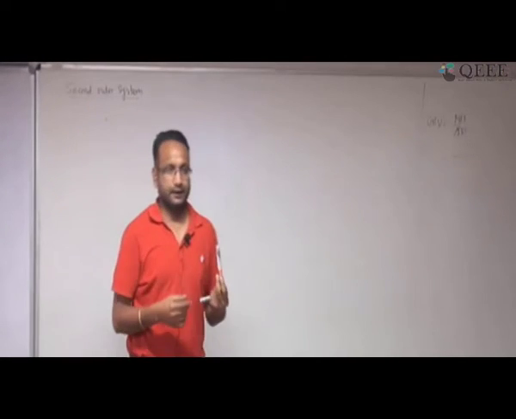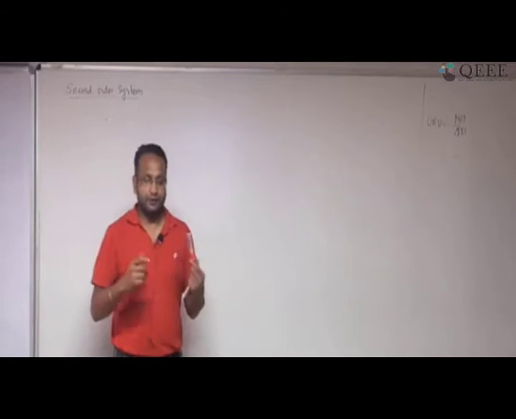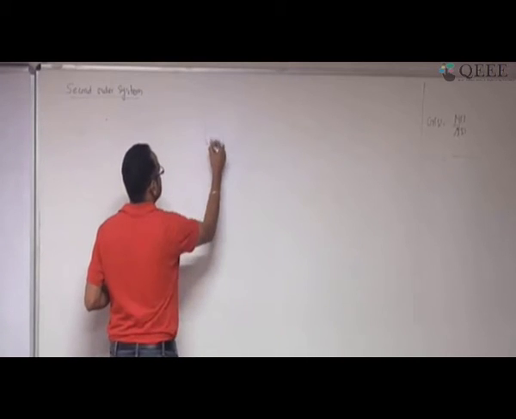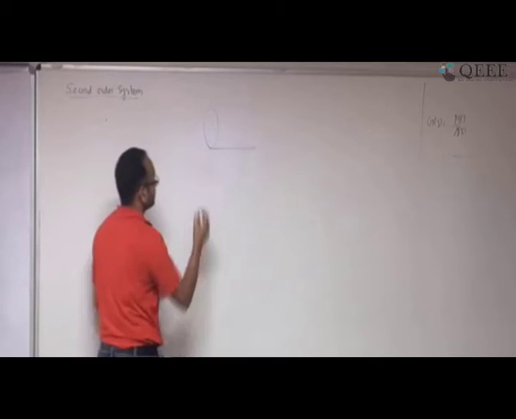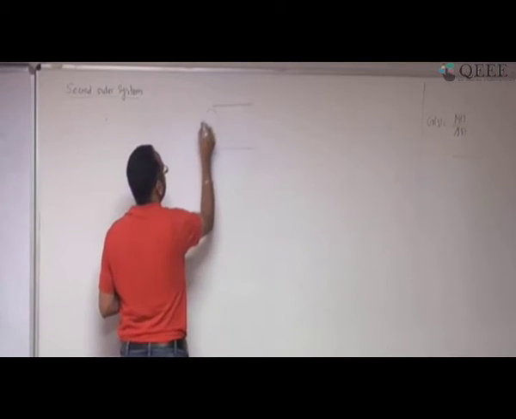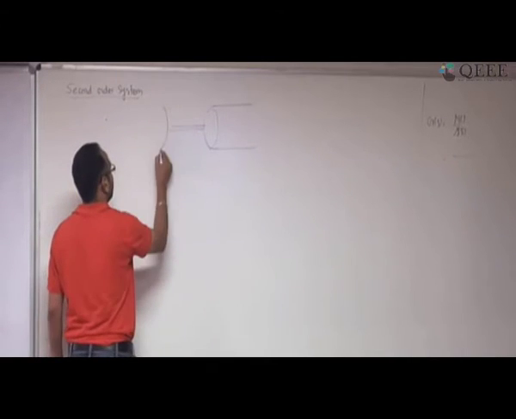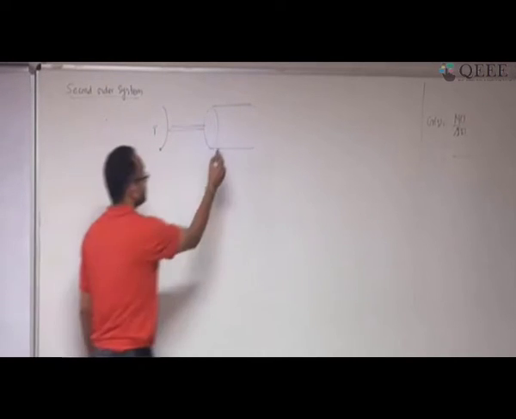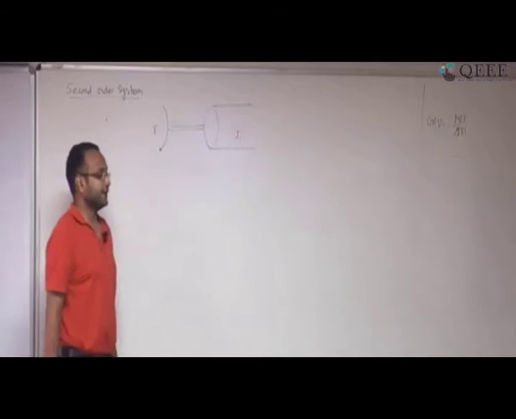Okay. As I mentioned, a second order system means the maximum power in the denominator has to be 2. For that, I want to take the example which we considered for the first order system. This is the load I have. And this is the shaft I have made, and I want to rotate it with a torque T. And if you look at it, this load, as I mentioned, is defined by a parameter J.